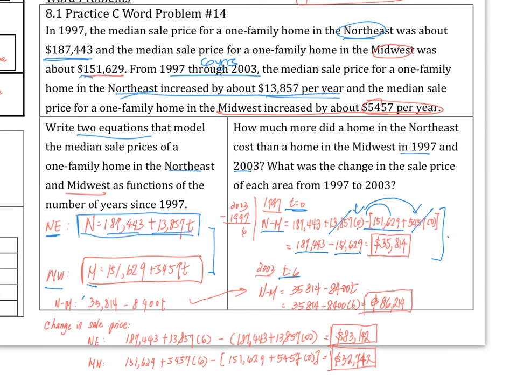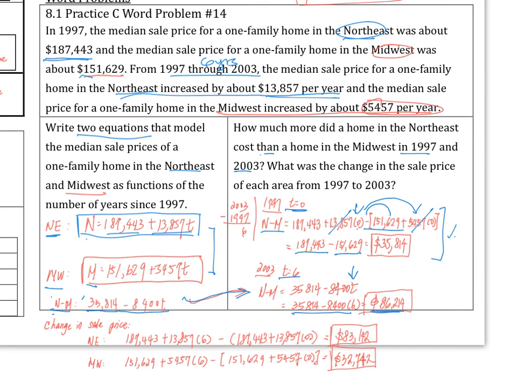Now, I found that this was a little tedious, so I decided to take n and subtract m. And then I would get 35814 subtract 8400t as my change in cost between all these years. This would be easier. So then I would substitute 6 in for t and do the math to get